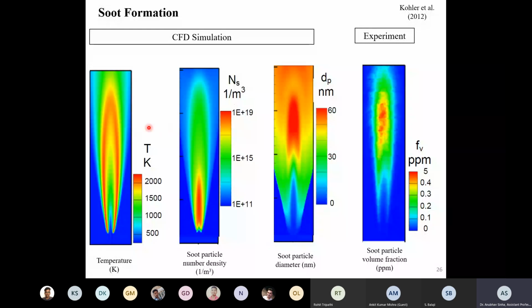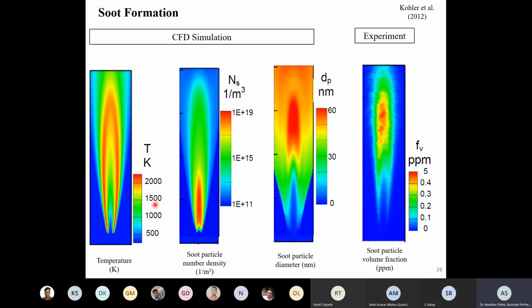Let us start looking one plot at once. So this is the temperature. This is general for any diffusion flame. You see that at the outer region we have the peak. There we know that the flame is burning, or oxidation reaction is happening. This is the flame front, which is marked by red, which has the highest temperature, right?